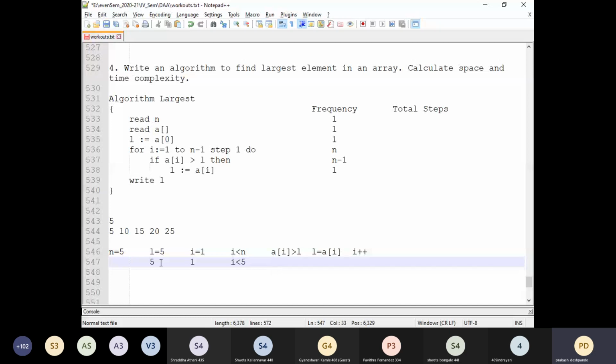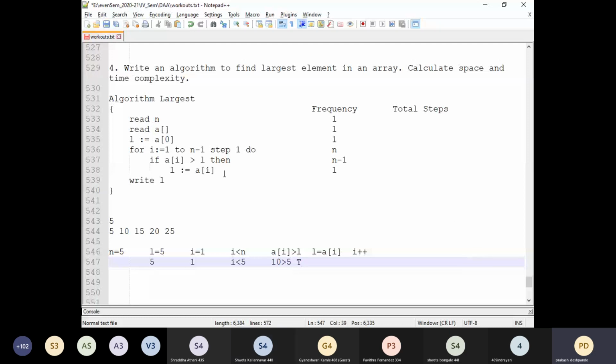Then a of I greater than L. So a of I is what here? a of 1. What is a of 1 in this array? 10. 10 greater than L. What is the L value? 5. Is this condition true or false? True.